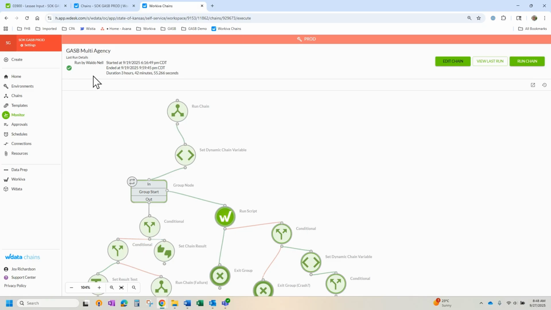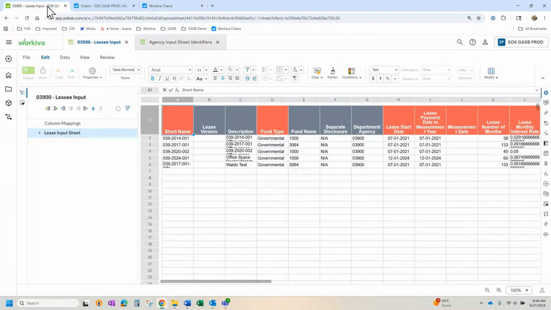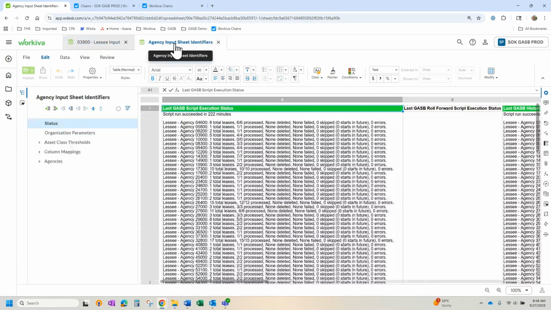Now, you can also see the last run details here. There's a green checkbox. We know everything was great. It took 3 hours, 42 minutes, and 55 seconds. And if it were processing, it would show you this as well. Now, to check the status, again, if it was processing, the last time it was run, succeeded, failed, any error messages of the chain at any time, let's go back to WDesk and let's go to the agency input sheet